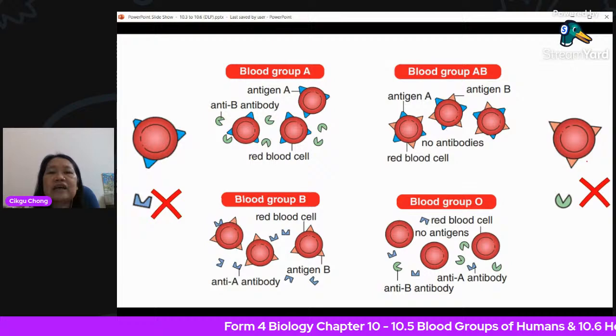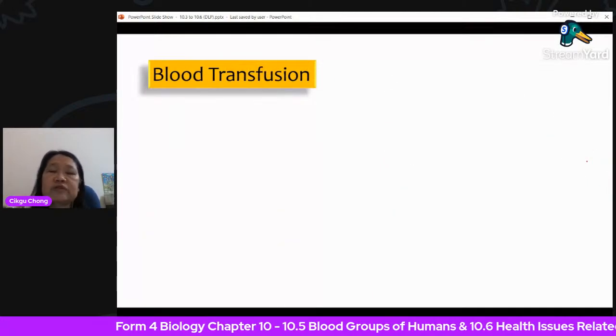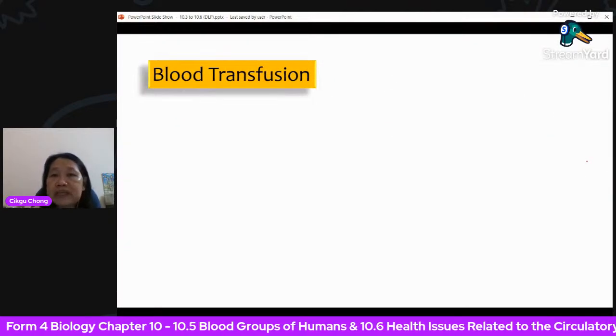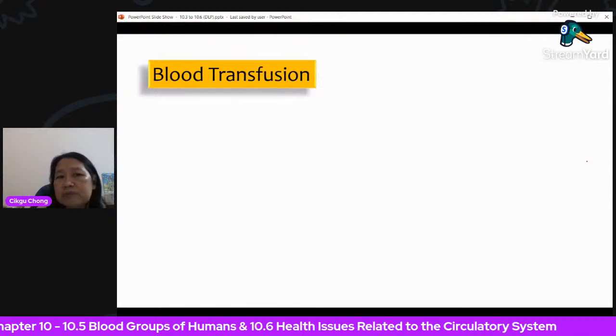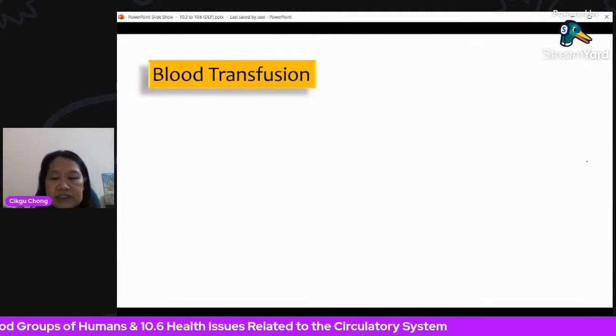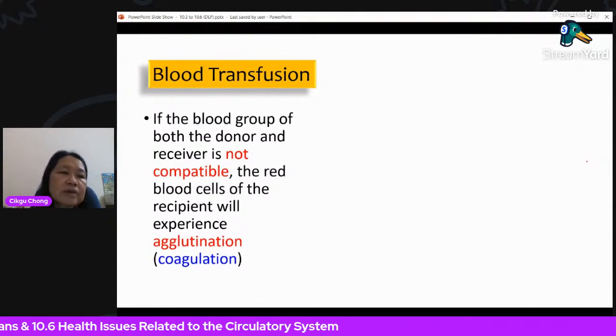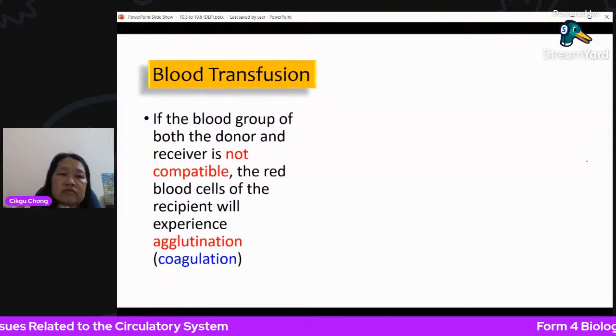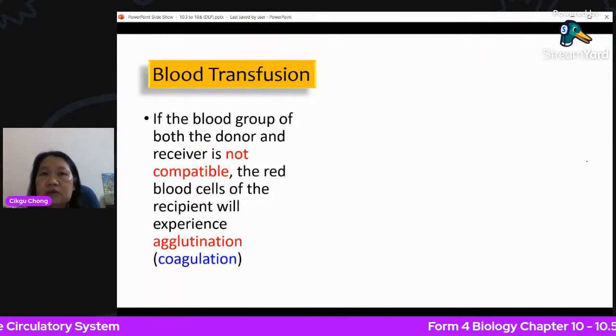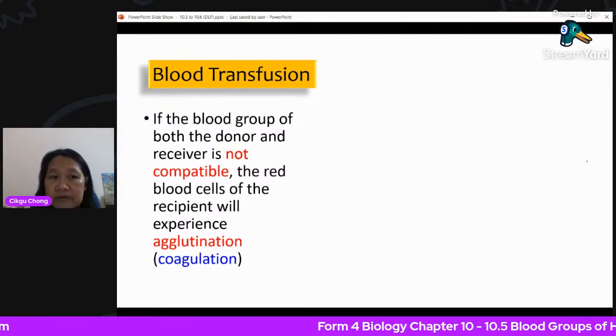So now let's see blood transfusion. Blood transfusion is called pindah darah. That means you transfer one person's blood into another person. Now if the blood group of both the donor and the receiver is not compatible, meaning not suitable,